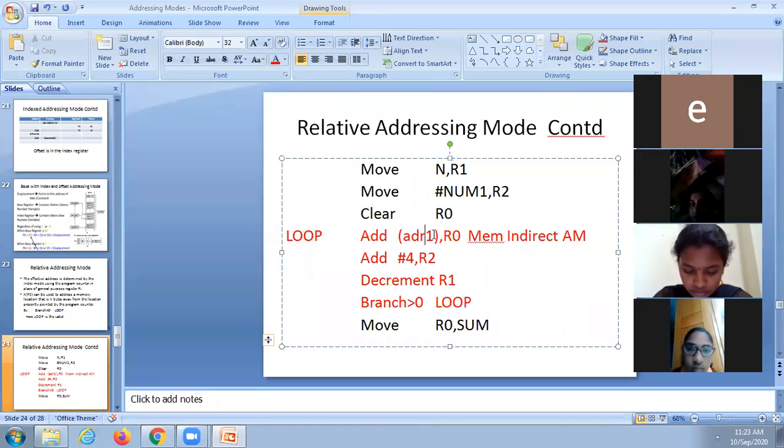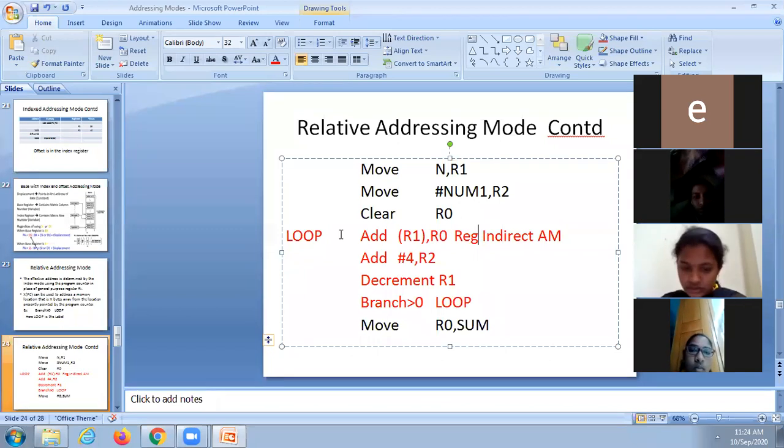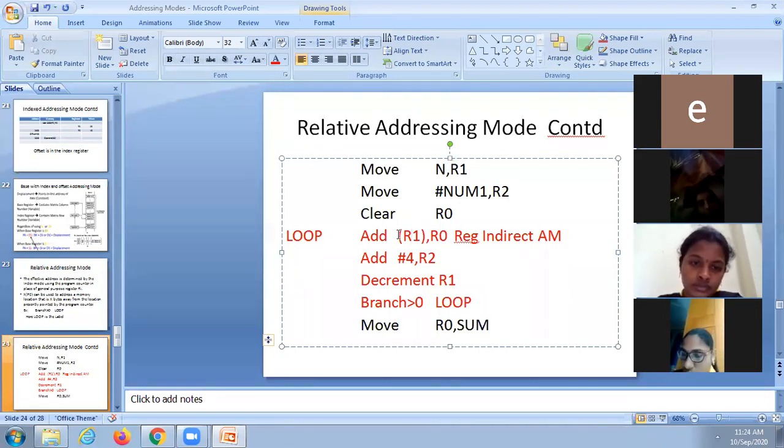See here, add within the brackets R1 comma R0. This is an example of register indirect addressing mode. Why? Because here the address is stored in R1. If the address of the operand is stored in the register, then we call it register indirect addressing mode. If the address of the operand is stored in the memory, then